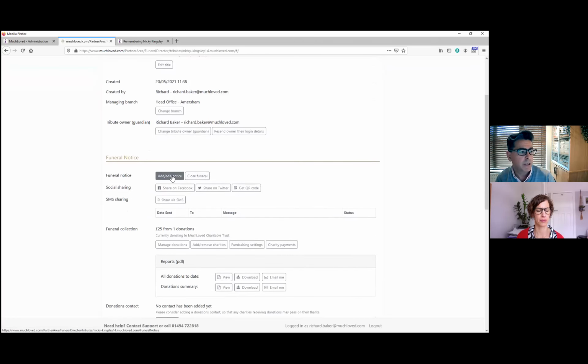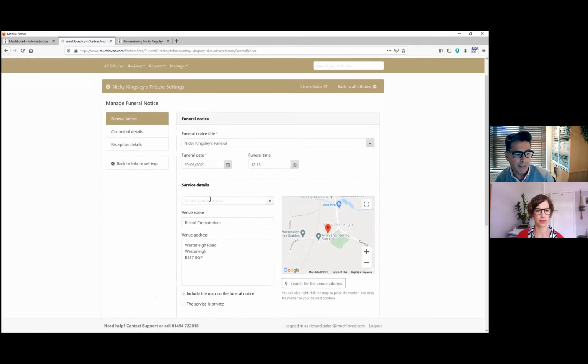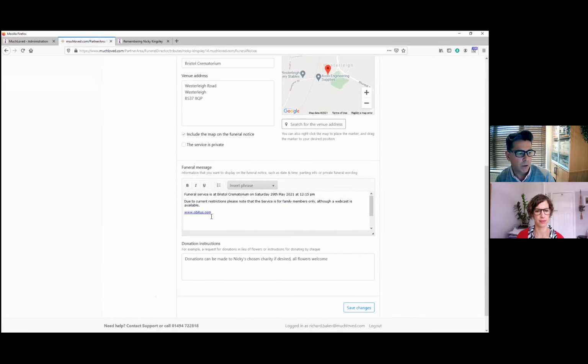Editing the funeral notice. Nothing much more to show you here, but if you do need to make any changes or amendments, you can do that here. The one key thing to remember is if you are going to add a hyperlink, either copy and paste it from Obitus or Wesley Media, etc., or YouTube. Just make sure you press return afterwards, and this will generate that blue underlined hyperlink in that area.